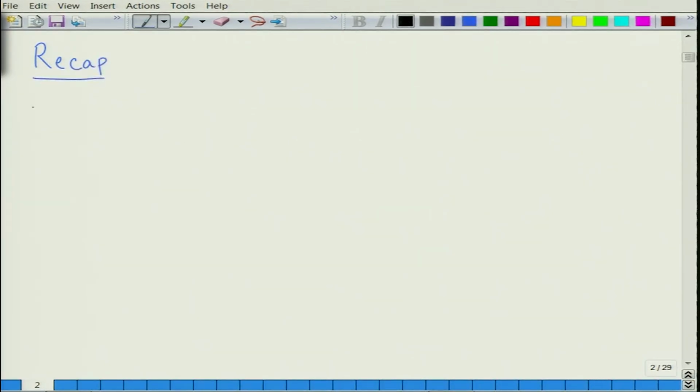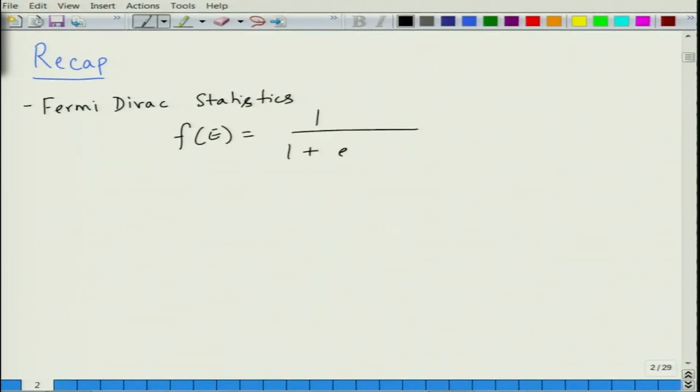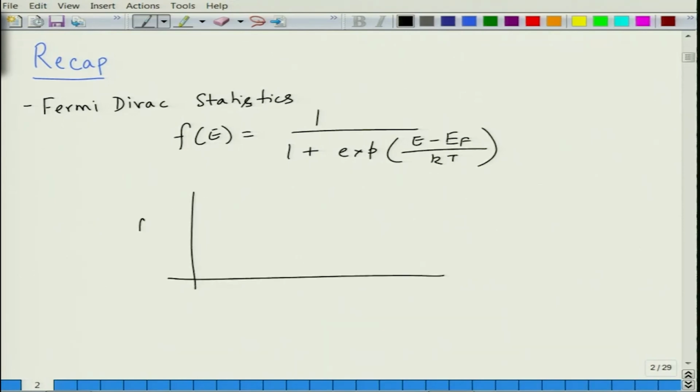In the last class we were talking about Fermi-Dirac statistics, which is basically the probability of finding an electron in the energy space. So essentially when you plot Fe as a function of E, if you have an energy,